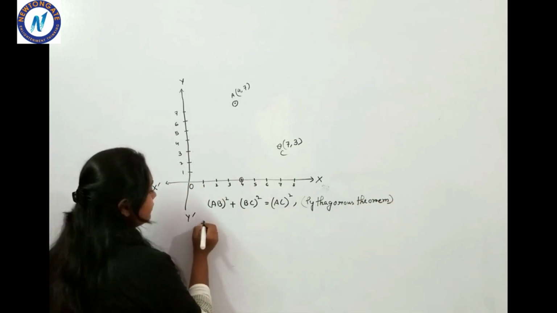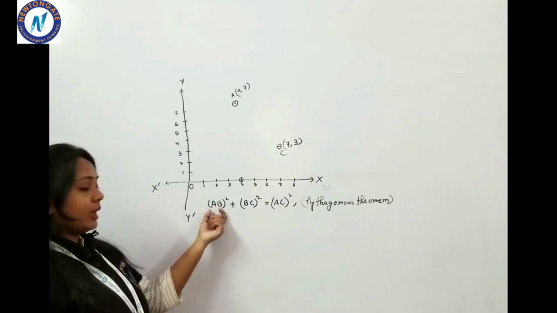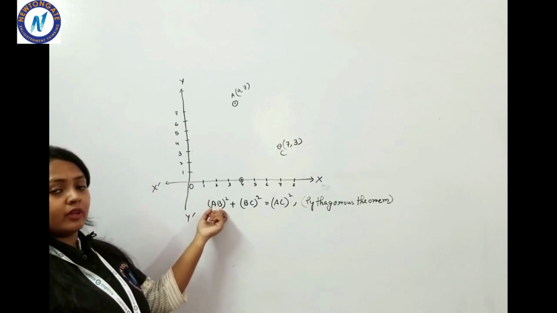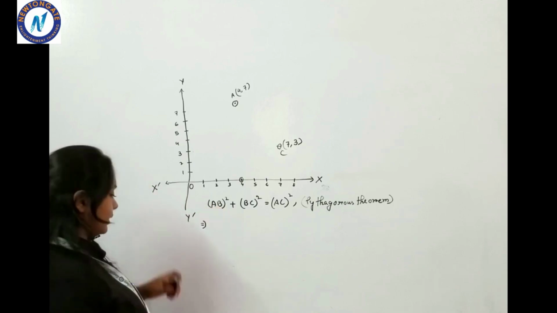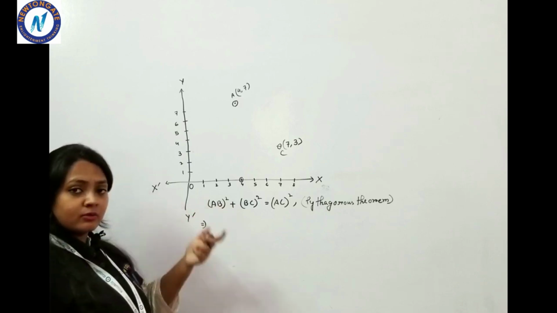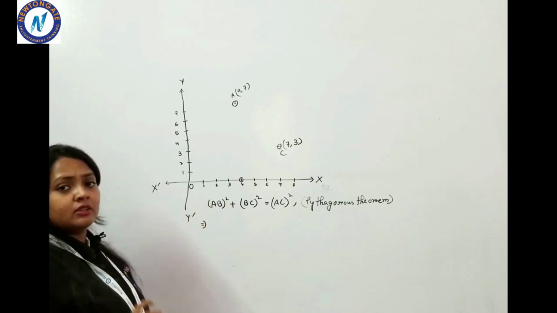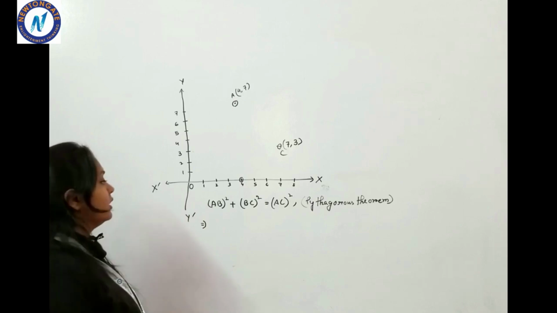Now we put the value of AB. AB means the distance of A and B. Now here is the square of the distance, so the under root sign is removed. Then we will write